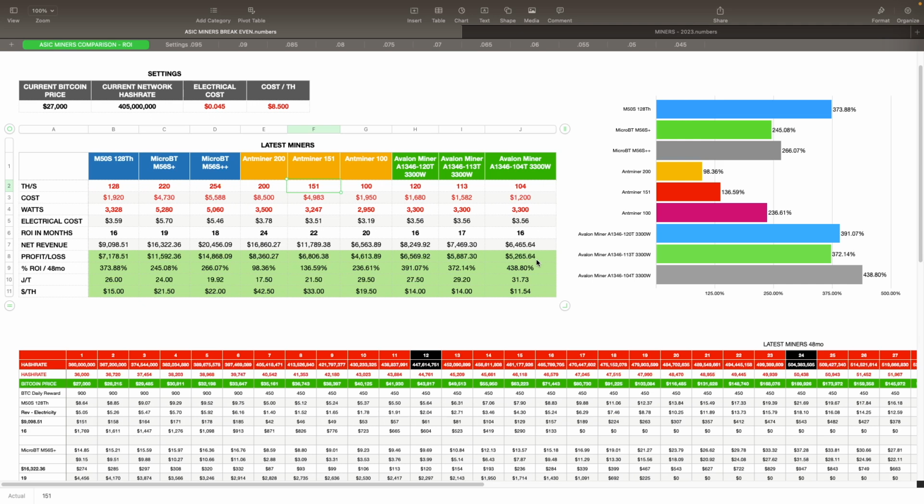higher priced. Now, given that, like I said, the Antminers from Bitmain are higher priced. I'm guessing if you have credits with them, if you buy a lot of miners, like some of these mining companies that we track here, they're going to get a lot better price than that. So I would expect that ROI to be a lot better and shorter than what it is right now that I have them for. It could be also the same thing for the other ones here, but ones that you